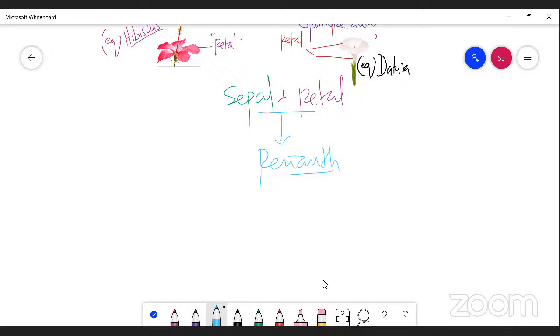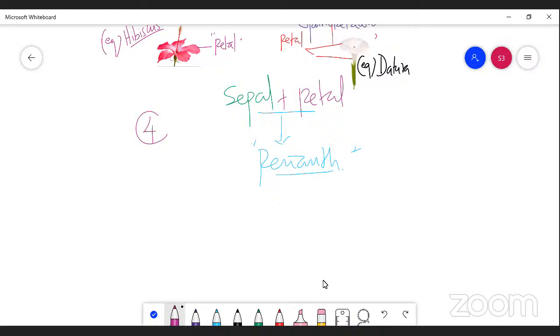Now, perianth is nothing but an undifferentiation of sepal and petal, or calyx and corolla. In some members, they are called simply perianth. Now, the perianth is the outermost whorl of a flower, right? Generally, if you take any flower, there will be